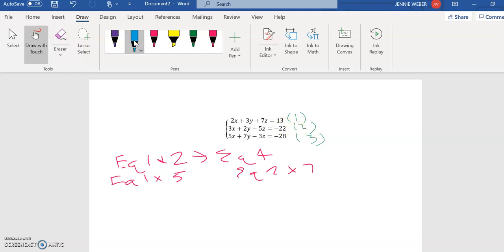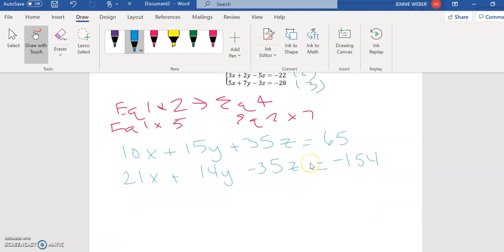So equation 1 times 5 is going to give me 10x plus 15y plus 35z equals whatever 13 times 5 is, 65. And then equation 2 times 7 is going to be 21x plus 14y minus 35z equals negative 22 times 7 is negative